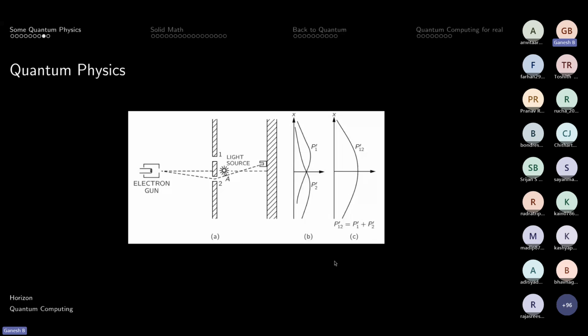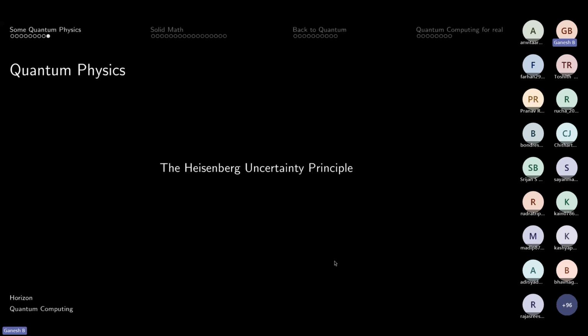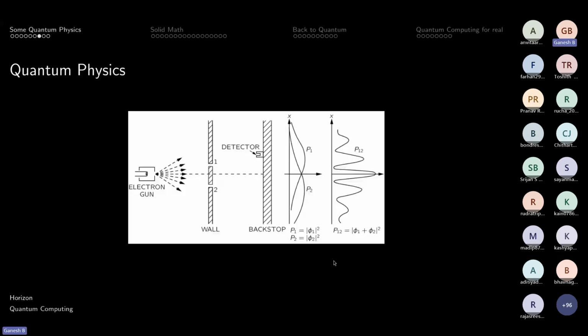This is exactly what the Heisenberg uncertainty principle is. I'm pretty sure most of you are aware of it. It just says that when you try to observe something, to be more precise, when you have a light source, it hits the electron and changes the momentum of the electron. So it's no longer the same event that you're observing. That is the difference between these two cases.